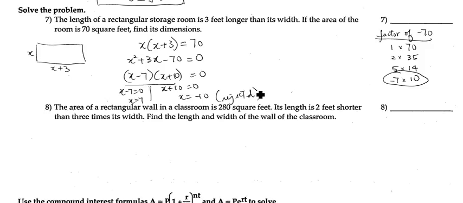Are we done? Not quite. They're looking for the dimensions, right? What are the dimensions? It would be the length times the width. So I know x is equal to 7. I also need to know what x plus 3 is. So that would be 10. So to answer the question, therefore,